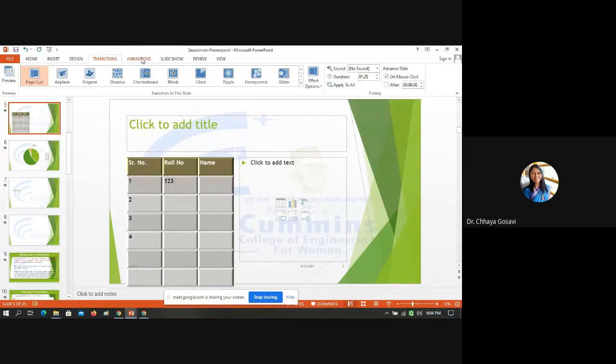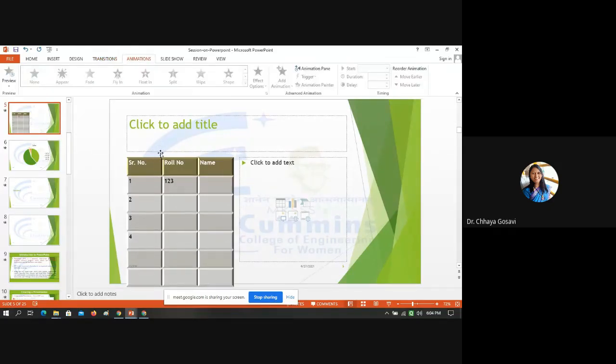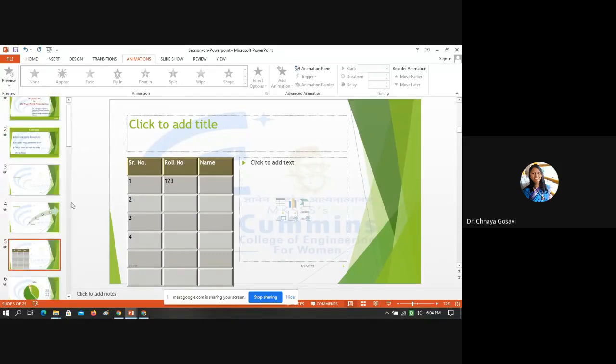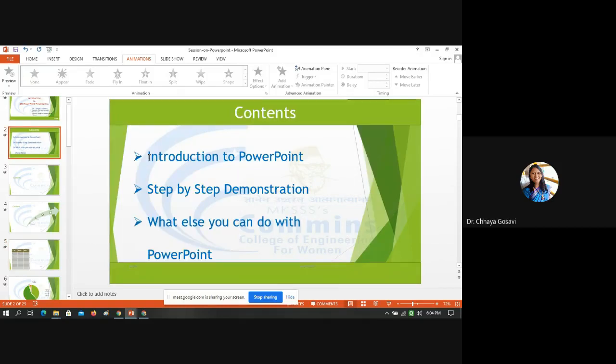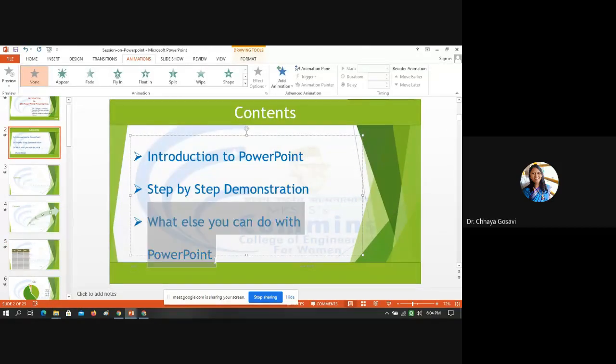Then about the animation that you asked for, how can I move one object at a time? Suppose in this case, I want this text to come first, then this text, and then this text. So we can add animation.